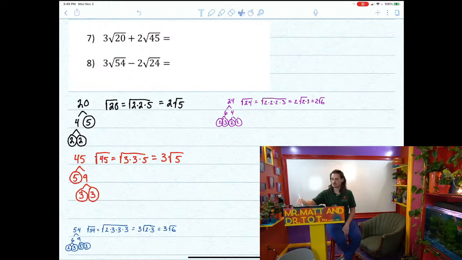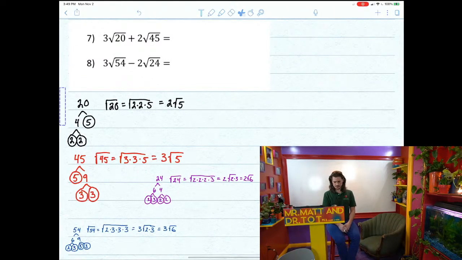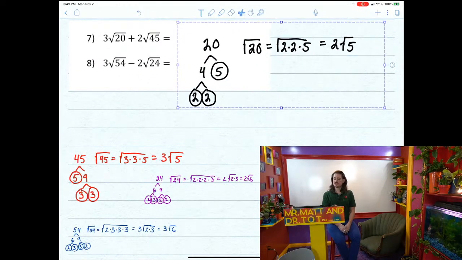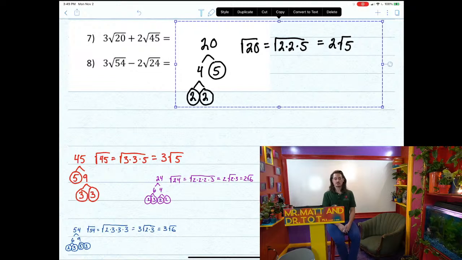make some room here so I can bring this up while I'm talking about it. Here you go. So here's the factorization of 20. It breaks down into 4 times 5. 4 breaks down into 2 and 2. So the square root of 20 is the same thing as the square root of 2 times 2 times 5. For the 2 2's underneath, you can bring one of them out, and so this will simplify into 2 root 5. So instead of writing the square root of 20, I can just write 2 root 5. So this is going to be 3 times 2 root 5 plus 2 times